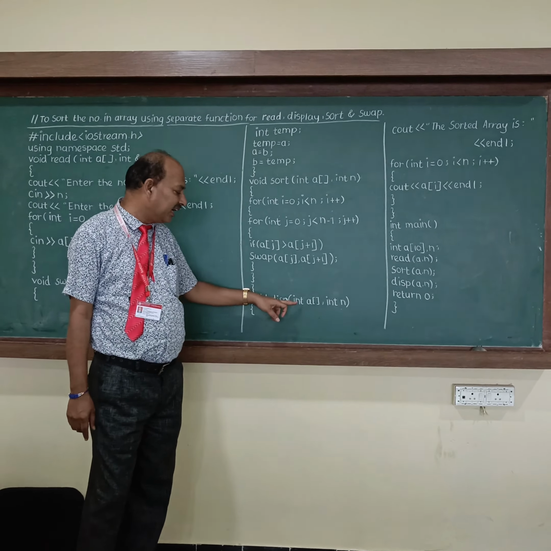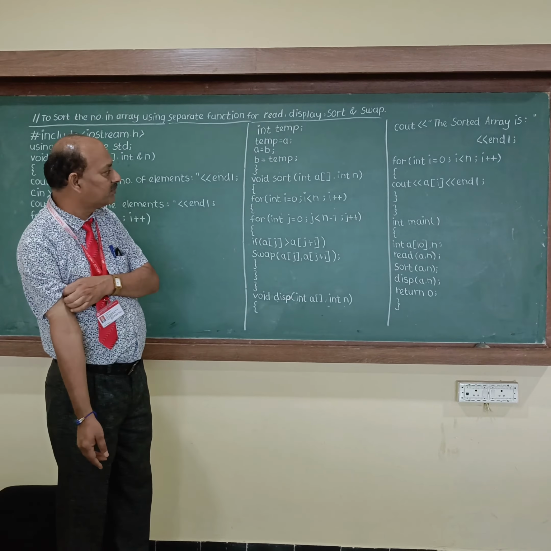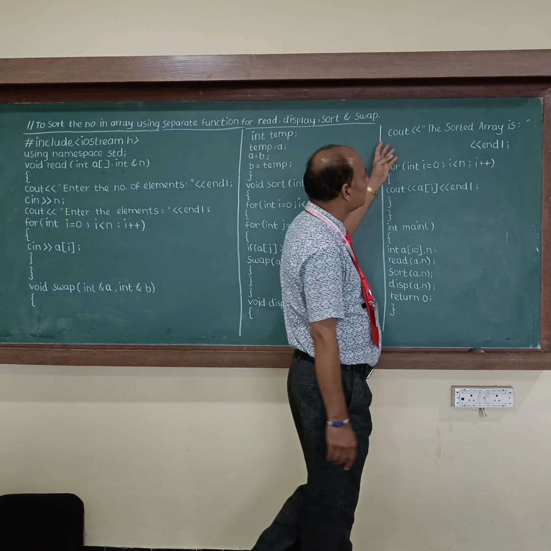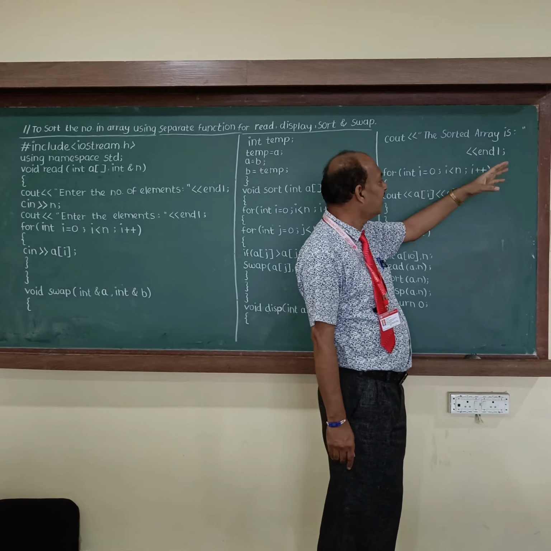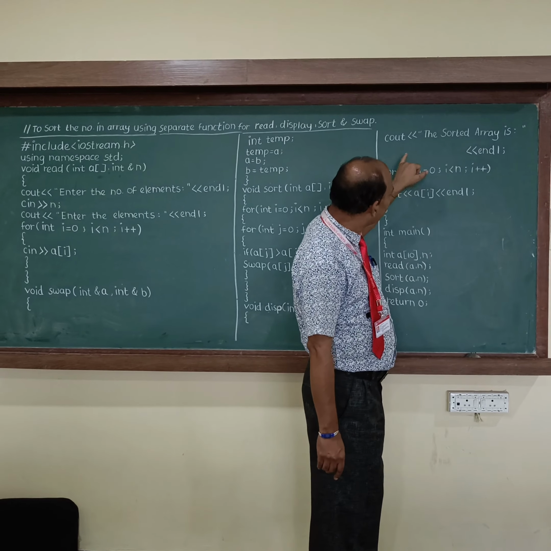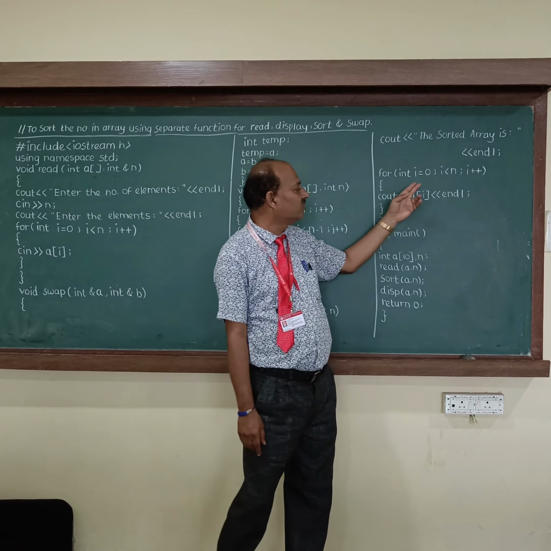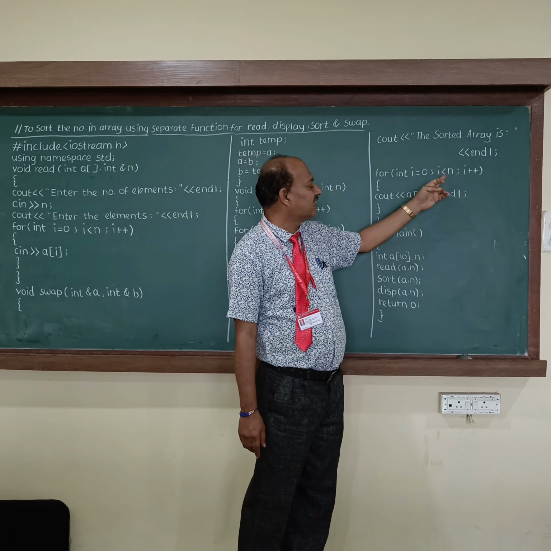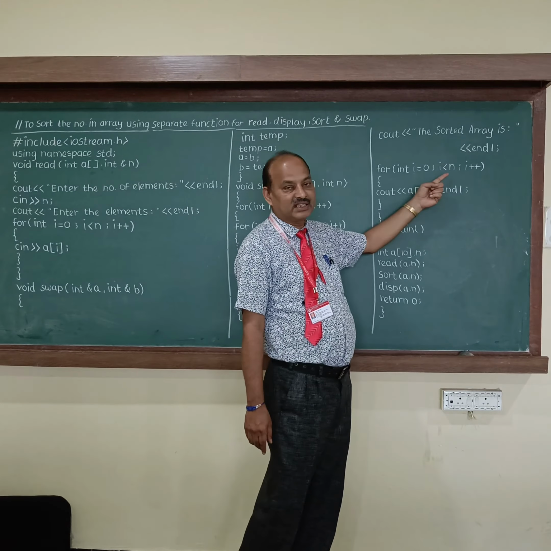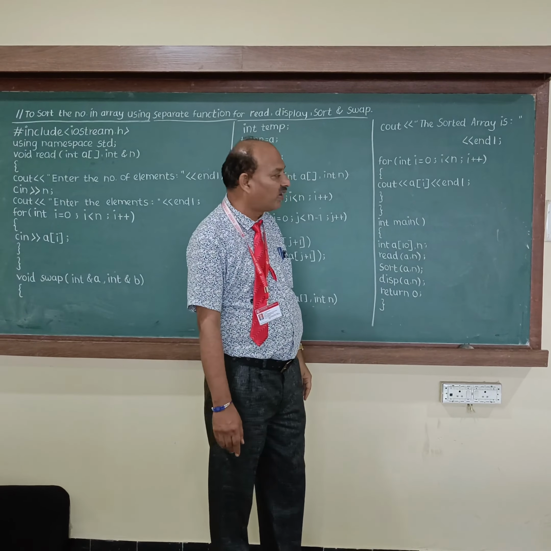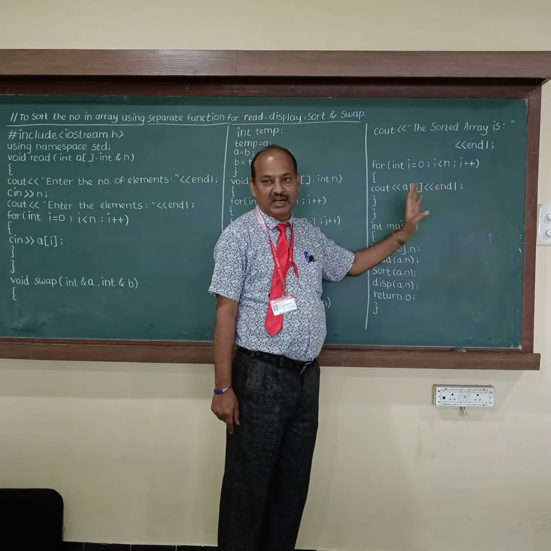Then void display(int a[], int n). Then close the brace and open the brace. cout << "The sorted array is" << endl. To get this you use the for loop: for (int i = 0; i < n; i++). Till i is less than n, we go for i++. Open the brace, cout << a[i] << endl;